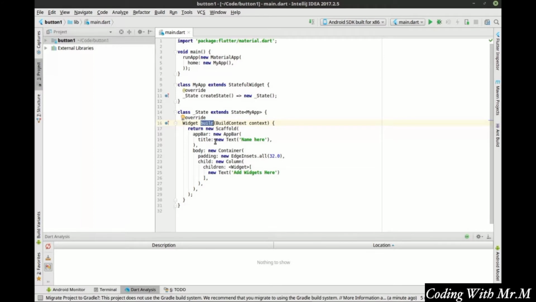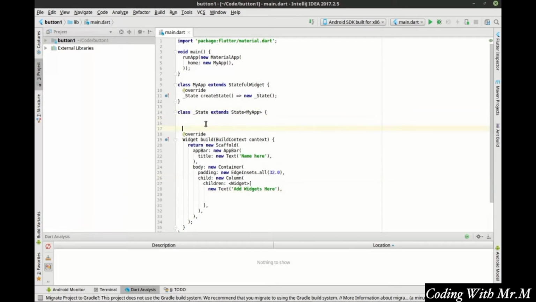All right, we've got all of this in here. We've already talked a little bit about scaffold, the app bar, and the body. What we're going to be focused on is right here. So let's go ahead and hit comma, enter. And then up here, let's make a new variable. We're going to say